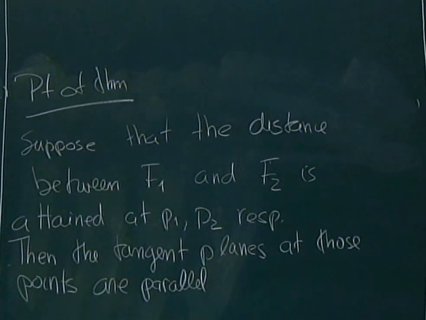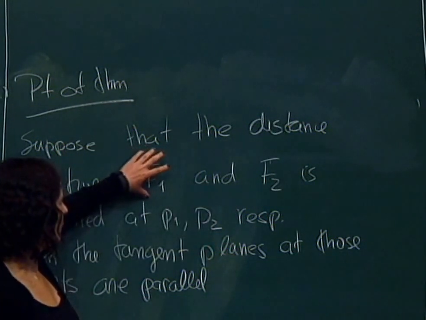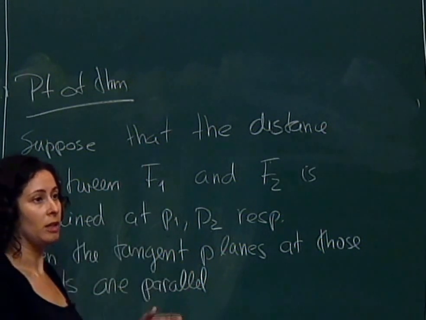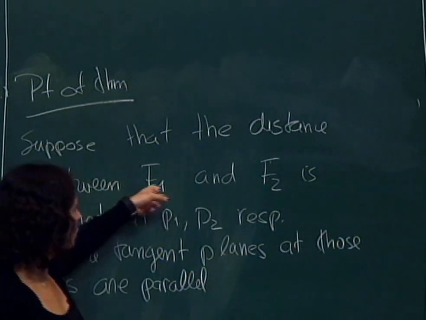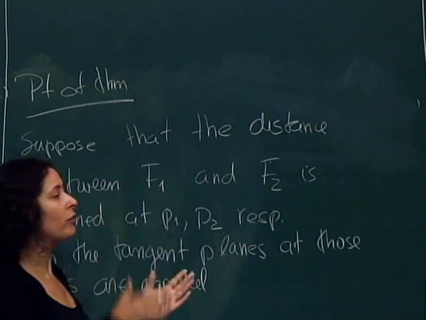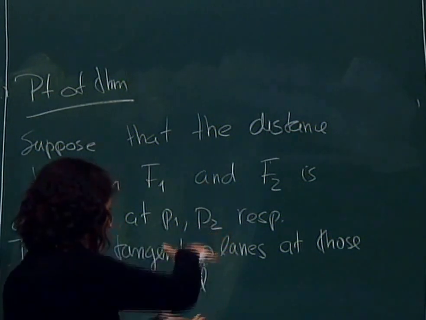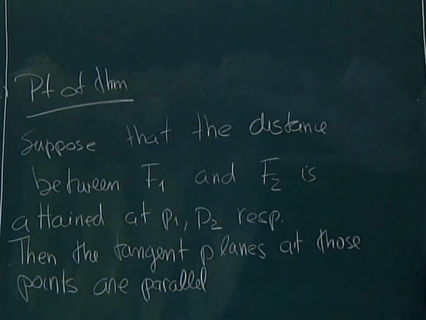So what I'm going to do here, I have basically the same plane, and what I can do then is, near these points, write my surface as a graph over the tangent plane, just around that point. And because it's the same plane, I can basically write the solutions as a graph over the same plane near the points where I attain the distance. So we're going to write